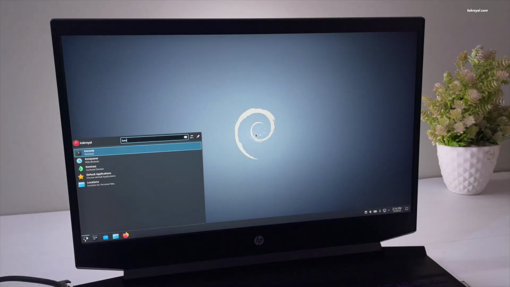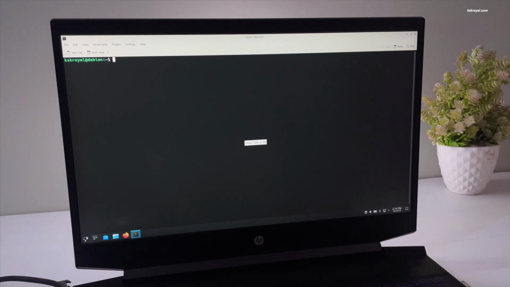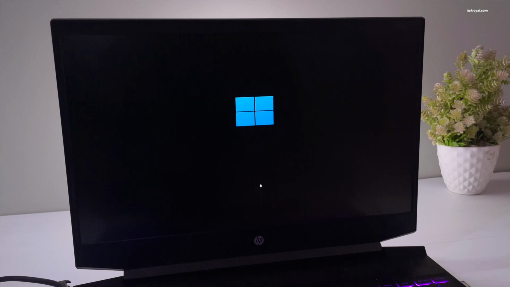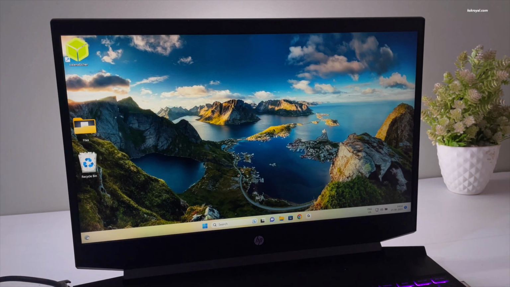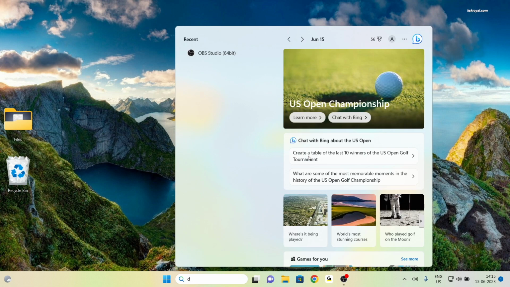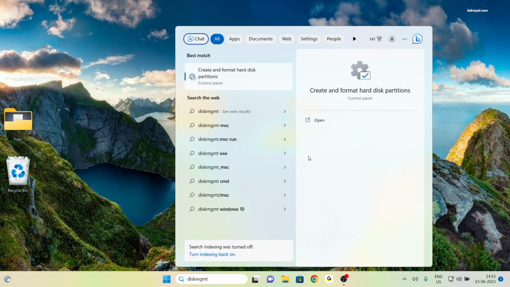As a bonus part of this video, if in case you don't like Debian Linux and decide to uninstall, then reboot your computer back to Windows 11. Now open the Disk Manager by typing this command on the Start menu.